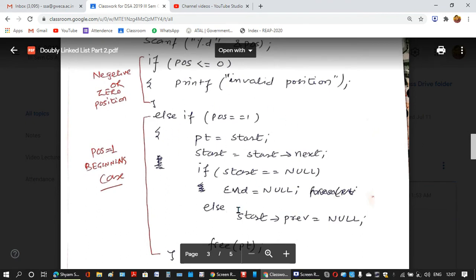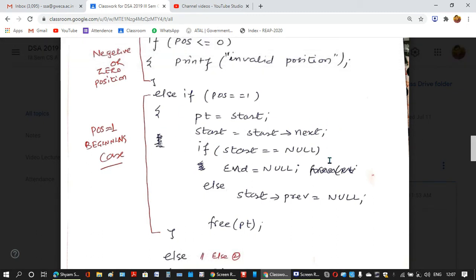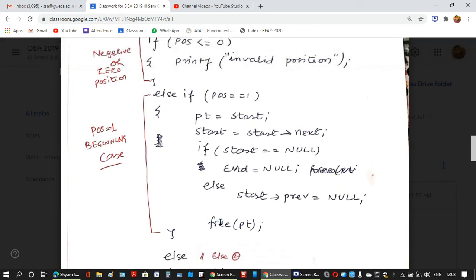Now if the user says position is 1, that is the case of beginning. So you are going to delete the first node. When you are going to delete the first node, you will write pt equals to start as discussed, start equals to start next. After writing this statement, you will check if start has become null, you will also make end equals to null, or else you will write start previous equals to null, and then you will free pt.